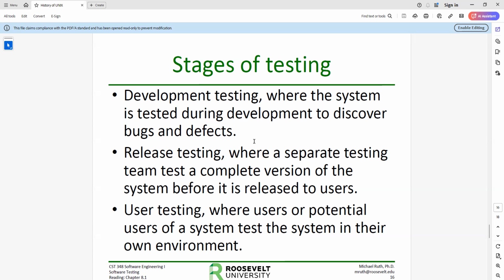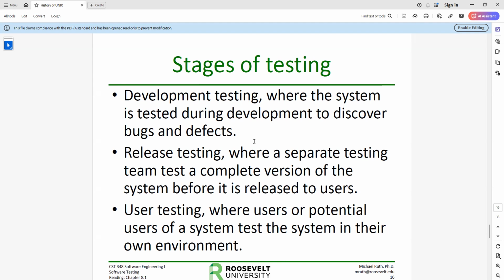User testing is a whole other environment. You're actually giving it to some select group of users to see if they like it, if they don't, if it produces problems, and so forth. We're going to talk about alpha, beta, and so forth, the types of tests. I'm going to make jokes about Microsoft. I'm going to make jokes about lots of programs. There have been a lot of well-known failures in this regard over the years, and we'll talk quite a bit about that as we go along. But that is another set of testing that occurs.